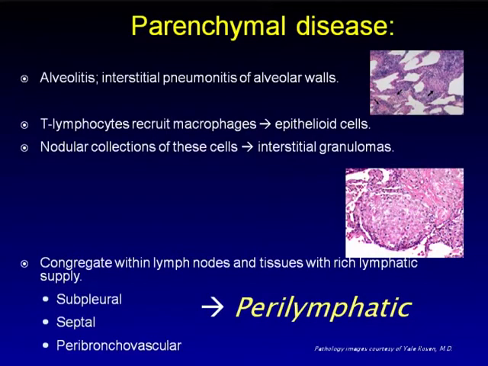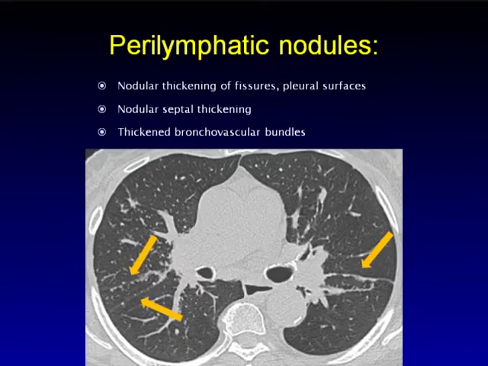So parenchymal disease usually starts as an alveolitis or an interstitial pneumonitis of the alveolar walls. Again, T cells, recruiting MACs, and the macrophages morph into these epithelioid cells. They coalesce to form what we call granulomas, and they typically congregate in lymph nodes and areas of the lung where there's a rich lymphatic supply. So what that means is subpleural spaces, the septae, the peribronchovascular regions, and of course that gives us our characteristic perilymphatic nodules. So on CT, we're looking for nodular thickening of the fissures and the pleural surfaces, nodular septal thickening,